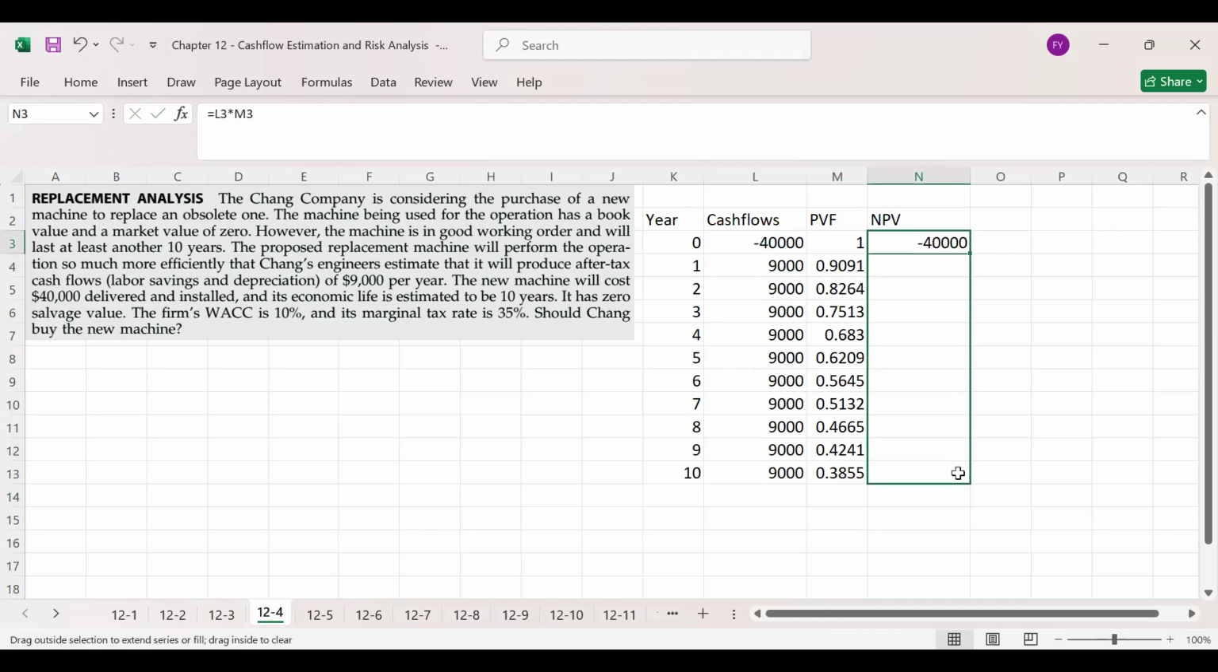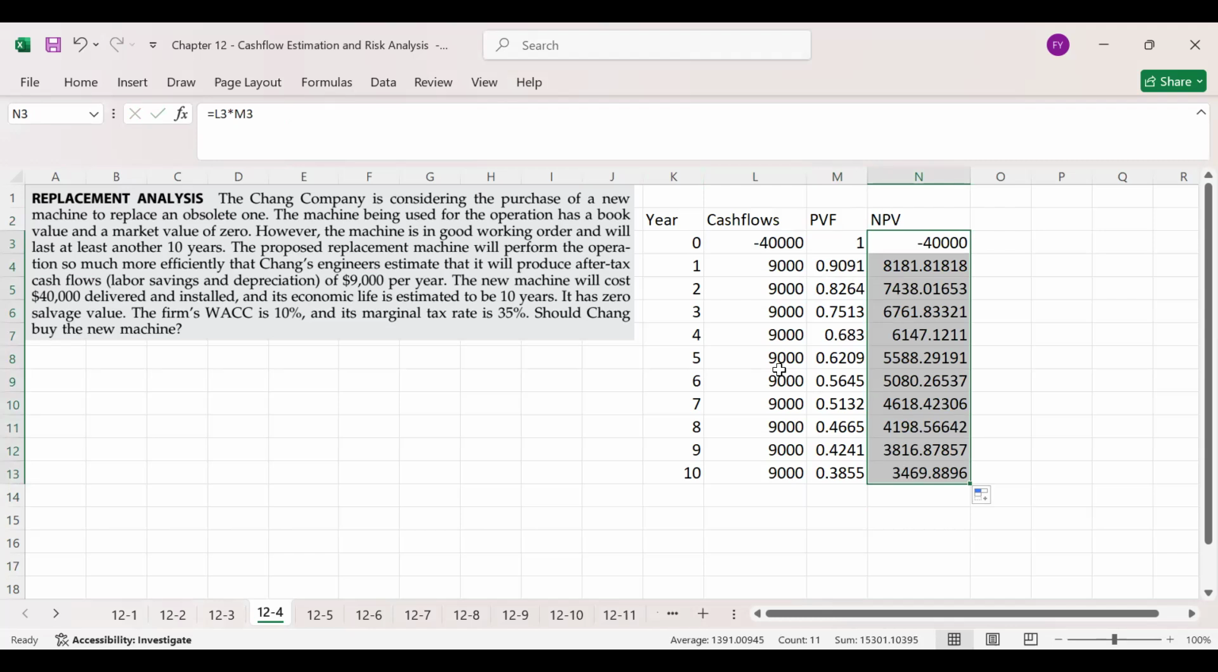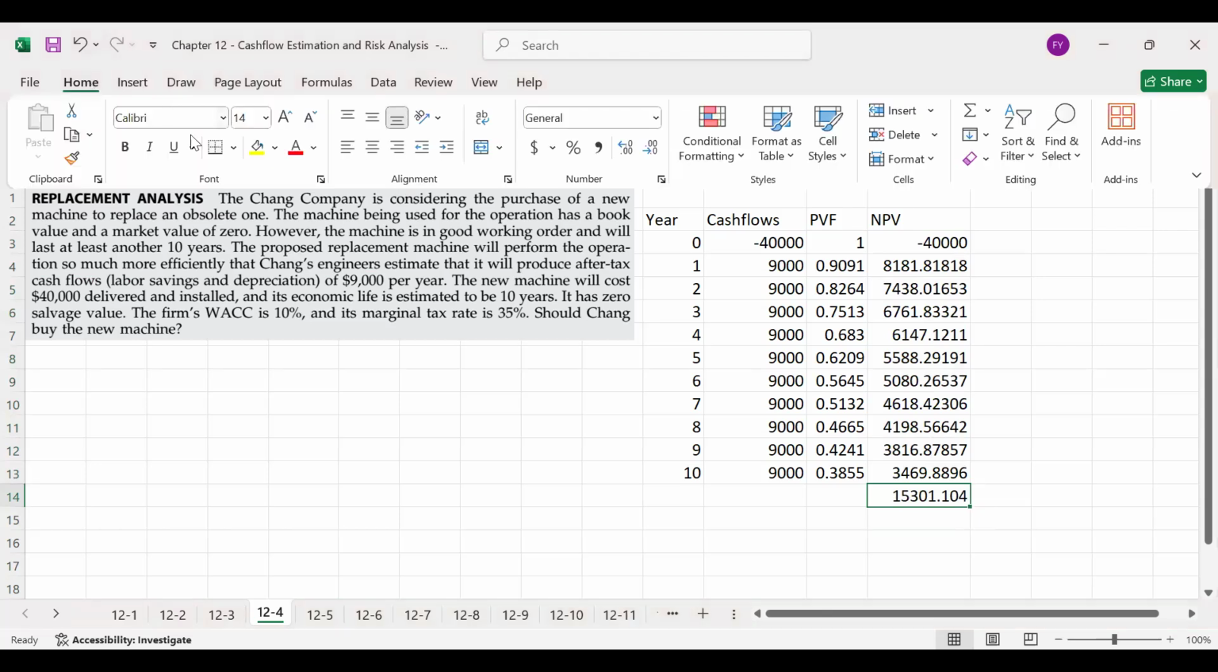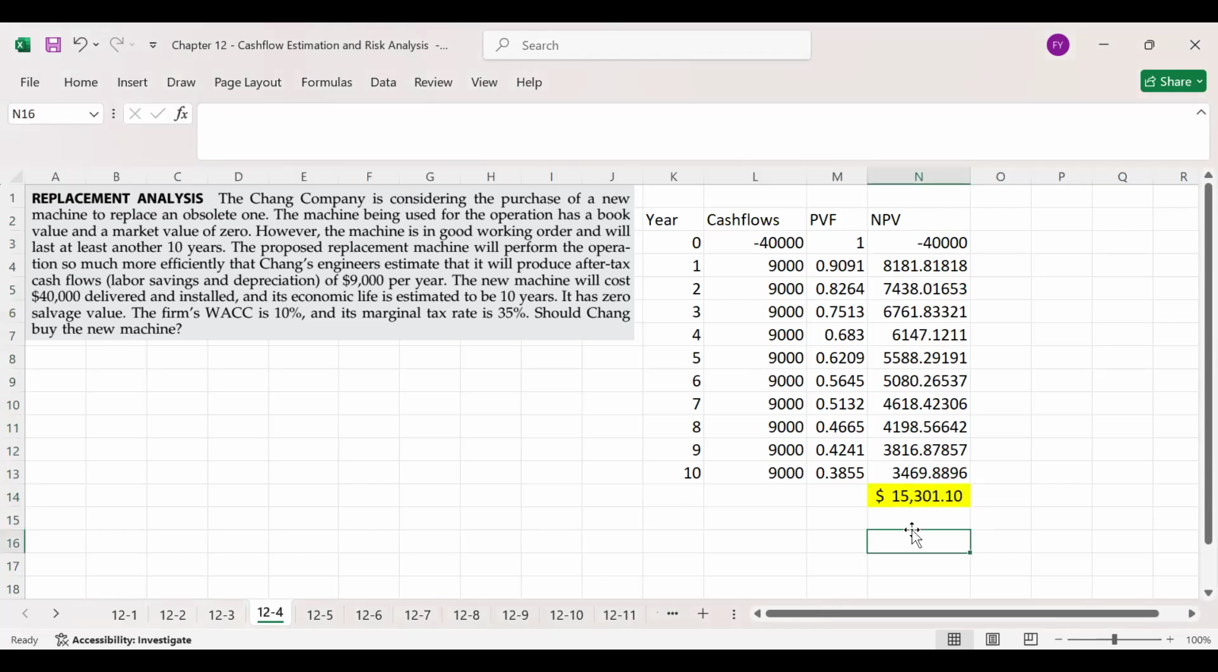So these are the present values of these cash flows. And when we add all these, we get net present value, which is $15,312. So this is positive. This means that NPV is positive. So the company should go for the replacement, or the company should buy the new machine, because in this way the company